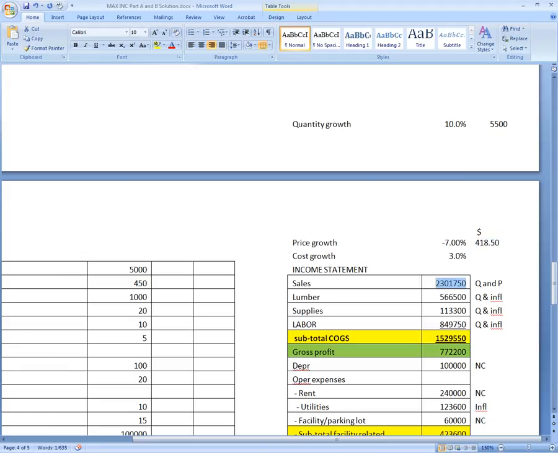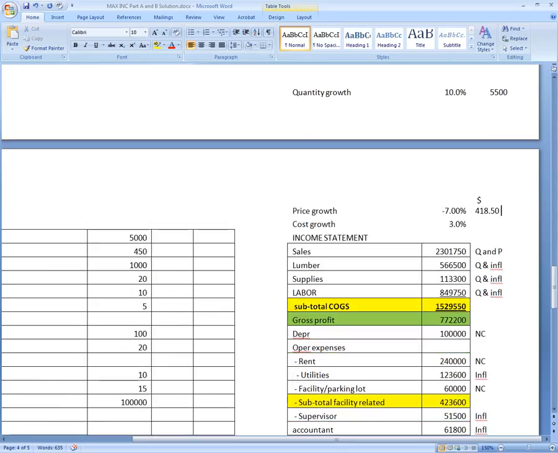The lumber will also grow. Why? For two reasons. One, there is inflation. And two, the quantity is changing. So what you're going to do is you're going to take your lumber cost, which is 100. You're going to increase it by inflation, which is 3%. So 100 will become 103. So your formula over here will be